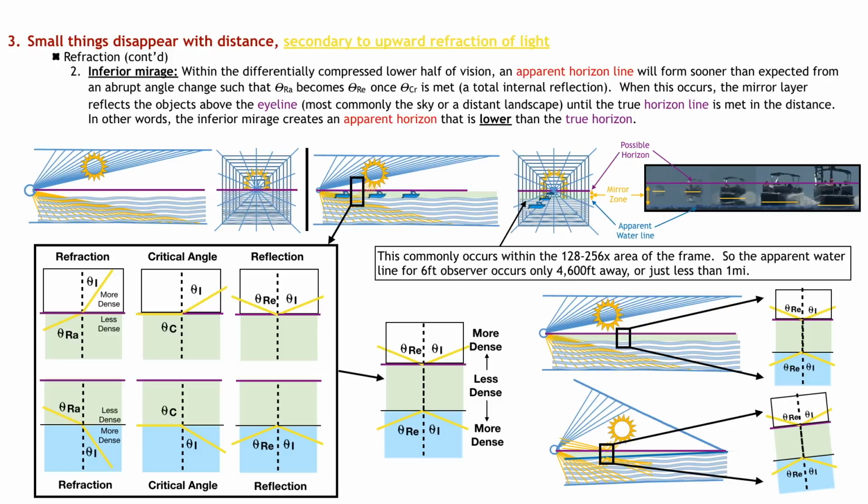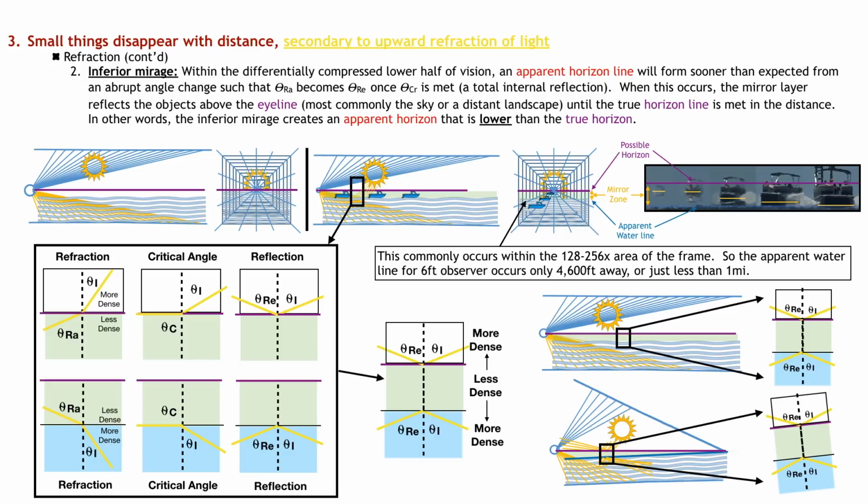So when this occurs, the mirror layer reflects the objects above the eye line, most commonly the sky or the distant landscape, until the true horizon line is met in the distance. In other words, the inferior mirage creates an apparent horizon that is lower than the true horizon and very close and nearby. So it's very important to understand this concept of perspective when you're looking at this